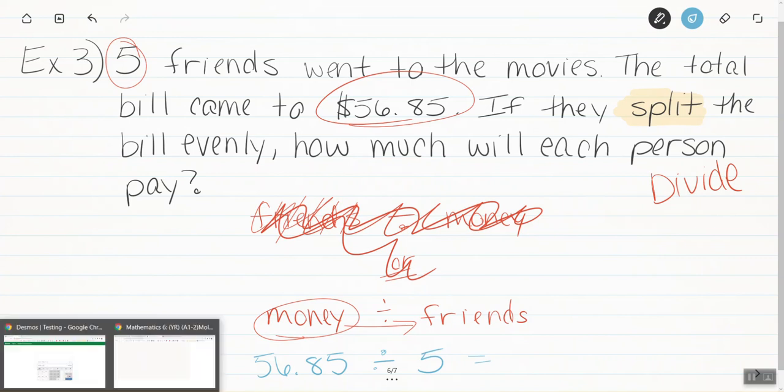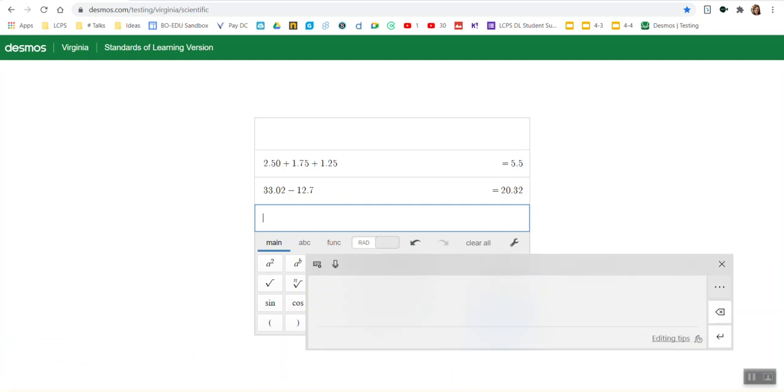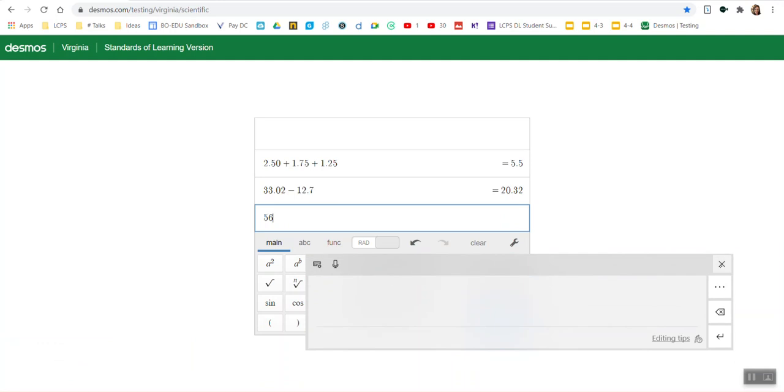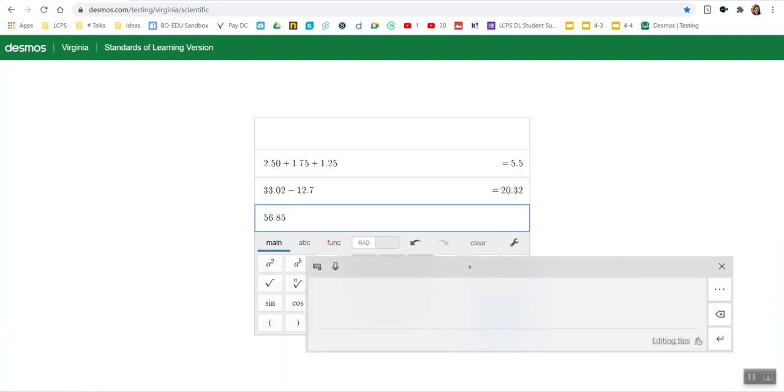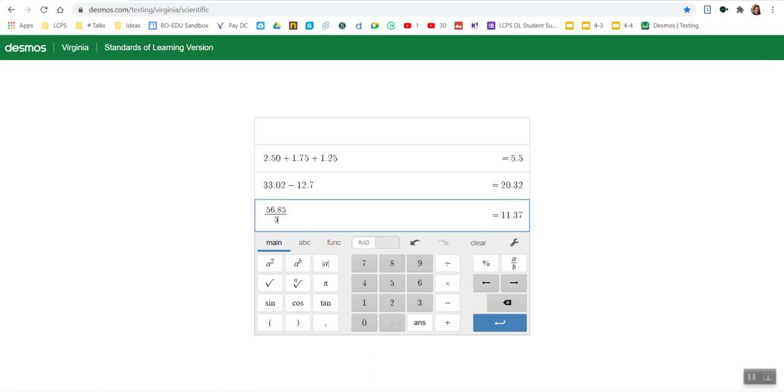And you can go back to the calculator and just hit enter. $56.85 divided by 5. And you can see in Desmos that fraction bar. We've been talking about how the fraction bar means division. In Desmos, it uses a fraction bar for division. How awesome is that? So a fraction is division. So if I divide those, I get